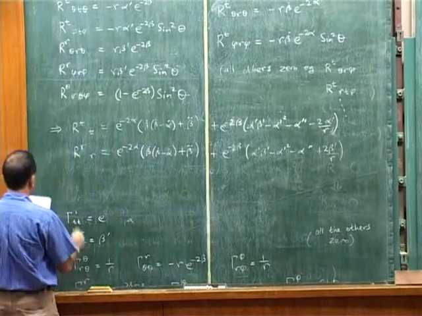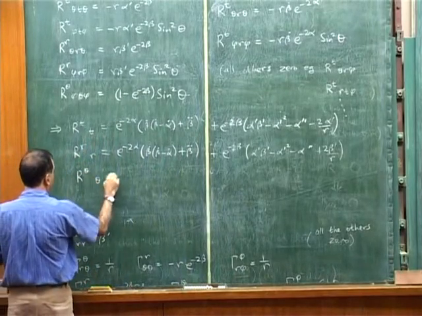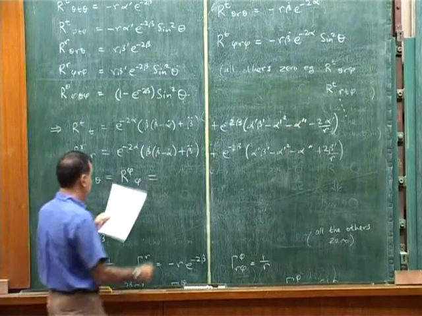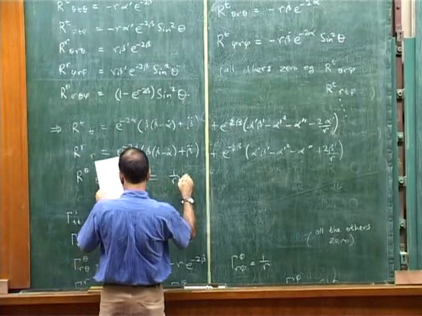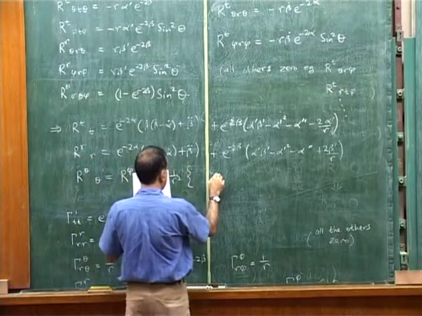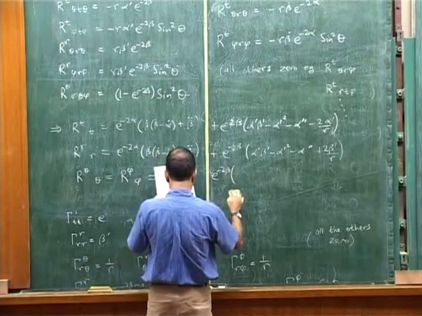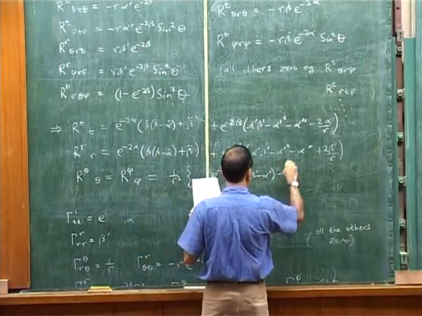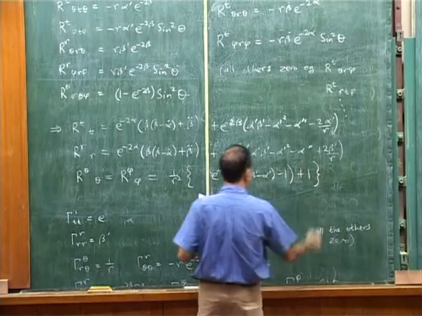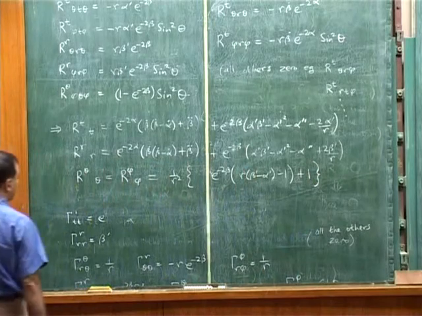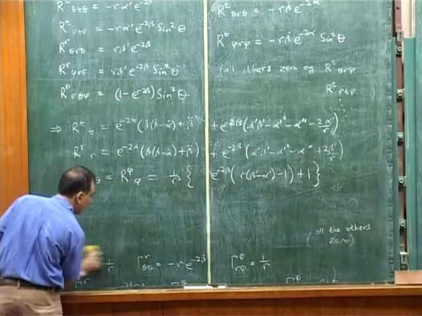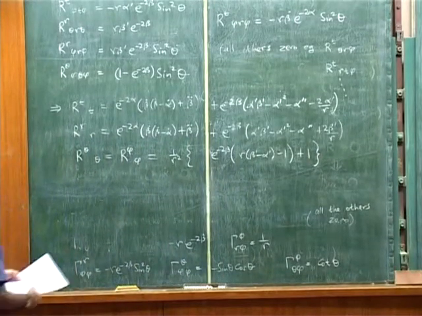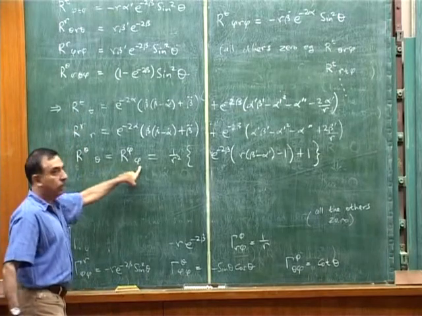Okay, that leaves R theta theta, which will come out to be exactly equal to R phi phi. So both are the same expression, and that expression is 1 by R squared into e to the minus 2 beta bracket that. And now we are almost done. There's just one more. So four Ricci tensors I've got: TT, RR, theta theta and phi phi.